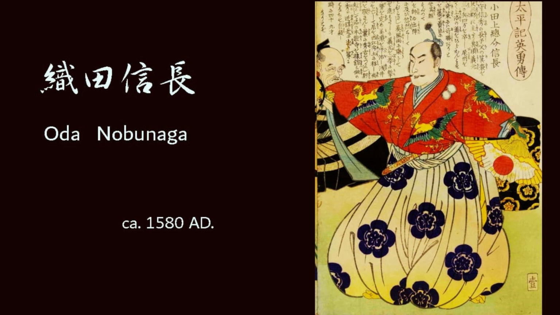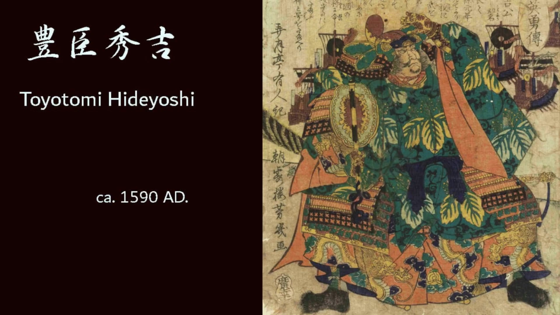Nobunaga thus proceeded with the project of unifying Japan, but was forced to commit suicide due to betrayal by his vassals. Among Nobunaga's vassals, it was Toyotomi Hideyoshi who won the struggle for succession. Hideyoshi resumed the project of unification, conquering various regions and achieving unification in 1590.